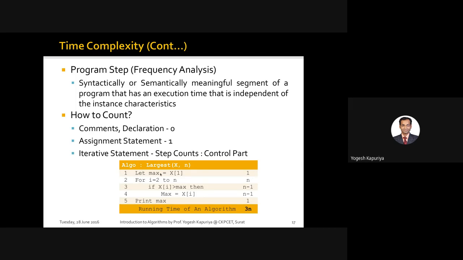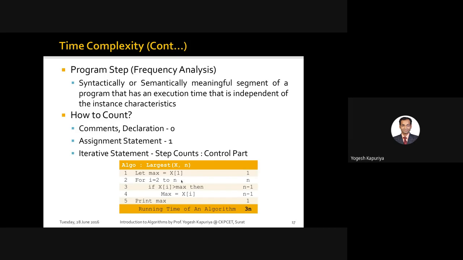So you require one variable max, and you will assume that the first number is maximum. So initially you say let max equal x of 1. Then obviously you want to run a loop, and that loop should run from the second element to the end of the array, because the first number you have already assumed to be maximum. So there is no need to compare that maximum with the first number again. So usually you run a loop from the second one, second to n. N is the total number of elements.